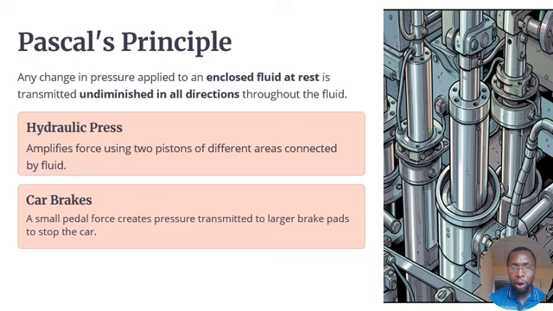Now, imagine that you have a container that has a liquid in it. Now, if you exert pressure at one part of the container, let's say here, the pressure goes round and affects the whole liquid. What is Pascal's principle stating? It says any change in pressure applied to an enclosed fluid at rest is transmitted undiminished in all directions throughout